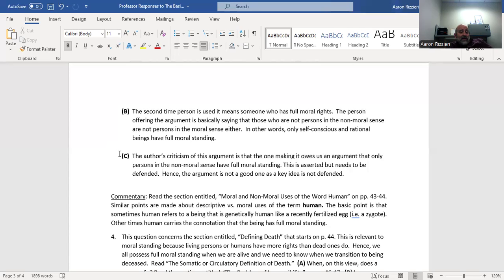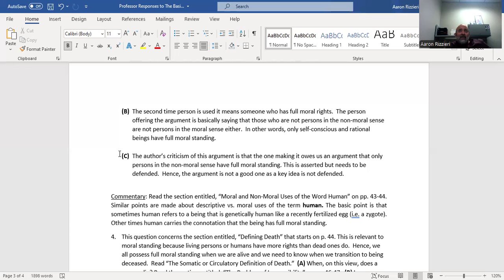The author's criticism of this argument, this is part C here, is that the one making it owes us an argument that only persons in the non-moral sense have full moral standing. This is asserted in the argument, but needs to be defended. Hence, the argument is not a good one, as a key idea is not defended. So